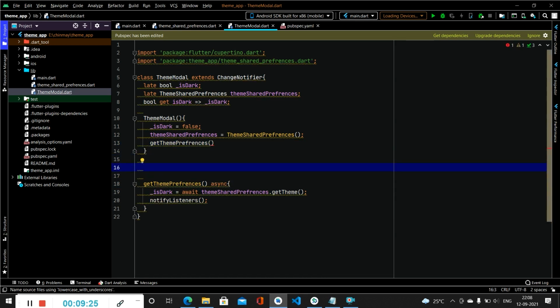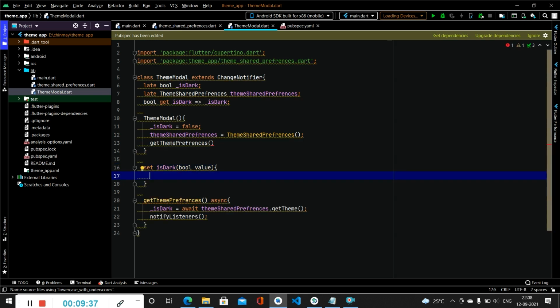Then after that we will be creating one more method to set whether the theme is dark or not. So we will simply create a method setIsDark. Inside this we will be passing a boolean value. Here we have to add a semicolon. Now inside this method we will simply change the isDark value to the current value.